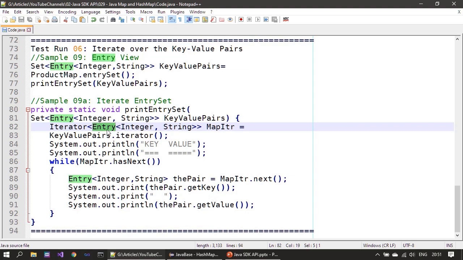So entry, first we are getting next, so next will return an entry. That's why we are stating here entry of integer and string. So that's the pair. So you can say it's a pair of integer and string. That's what is called entry. So that we stored in the pair. Then we can make a call to get key and get value to return key integer and value string. Alright, now